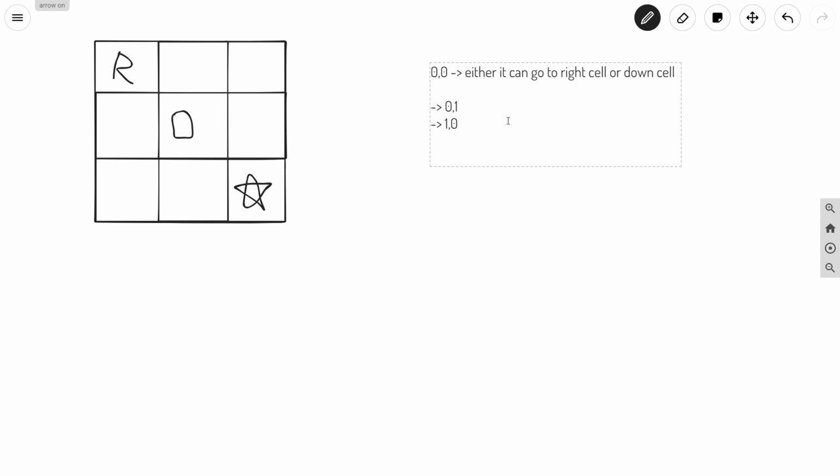So basically what we'll do, if a robot is on any obstacle, for this we will just return 0 because we are not having any path, okay. As we don't have any path, for this case we will just return 0.